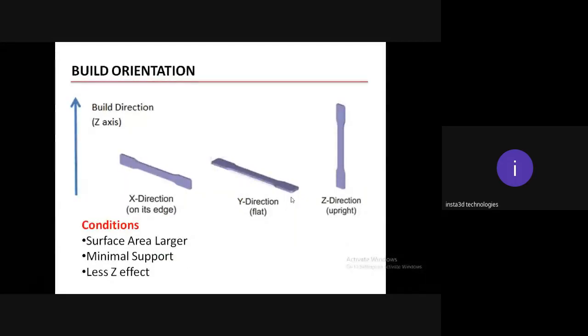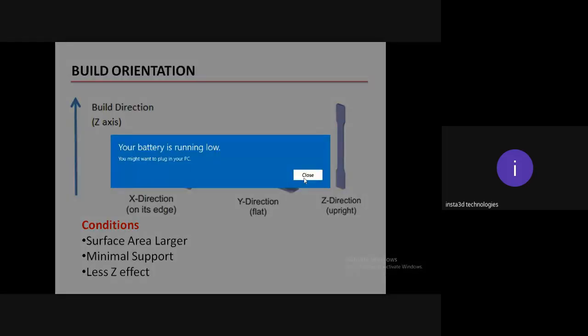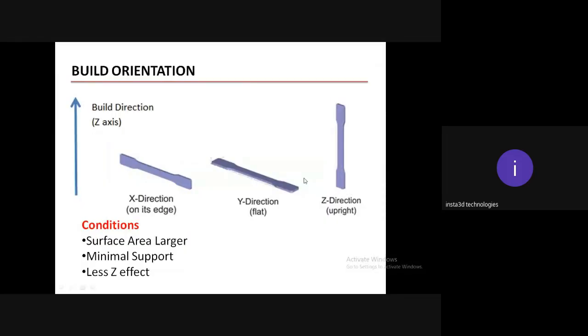The other print parameter is the build orientation, and this is also one of the important parameters. In this parameter,